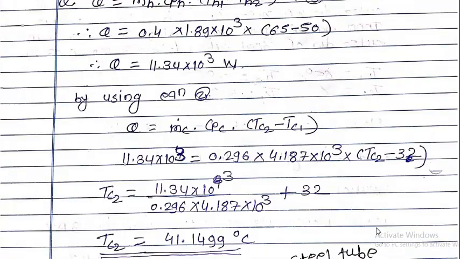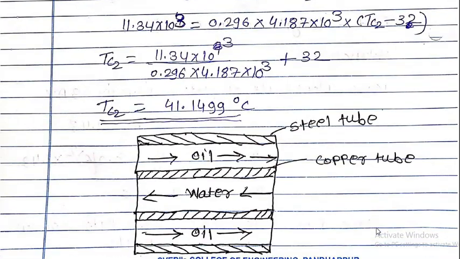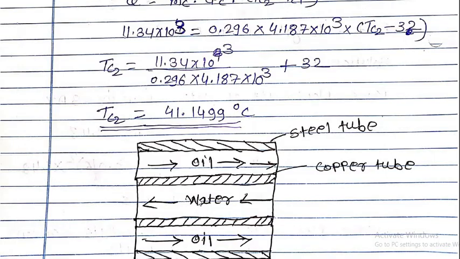So first of all we will see the geometry. Okay, so what is the condition? Actually it is a counter flow heat exchanger. So both the fluids are flowing opposite to each other. So this is the inner pipe, water, or we can say the copper tube is there. Through the copper tube water is flowing, and this is a tube in tube heat exchanger. So centrally one tube is placed, that is nothing but the copper tube, and the large tube is the steel tube. Okay, so for these two tubes, inner diameter and outer diameter are provided. So this is the geometry for the problem we need to consider.